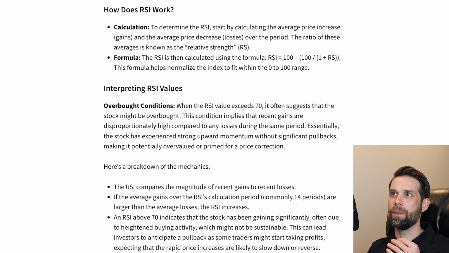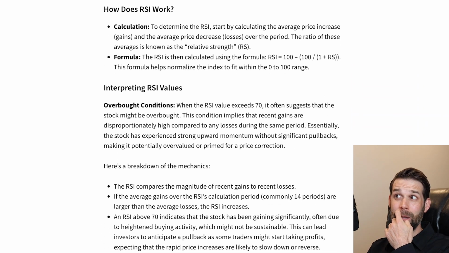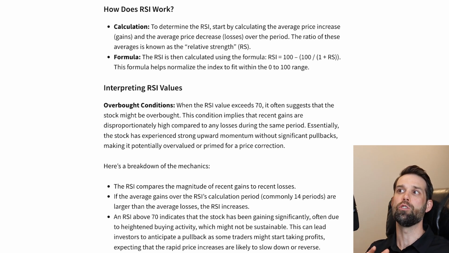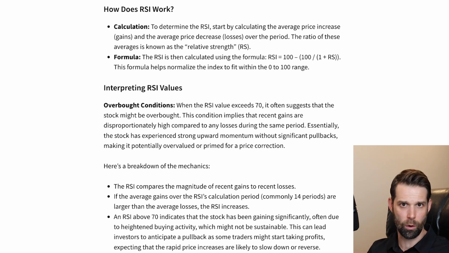Okay, so how does this RSI work? Well, the calculation is determined by calculating the average price increase, so you take the gains, and the average price decrease, and you create a ratio of these averages. That's known as the relative strength. And then there's a formula that basically allows you to create an index for this ratio, and you can fit it within a range of 0 to 100. So you don't need to worry too much about the formula or how it's calculated, but what it does is give you this range from 0 to 100 that's going to interpret the price momentum